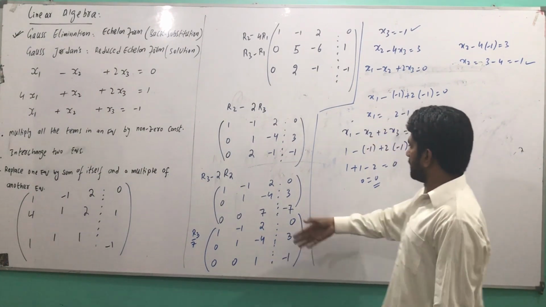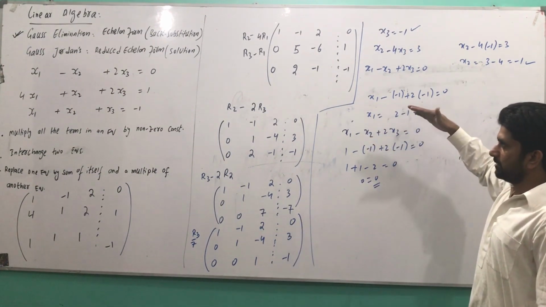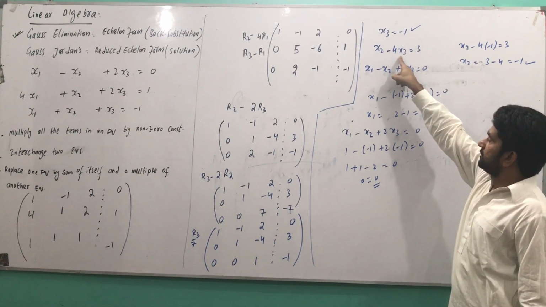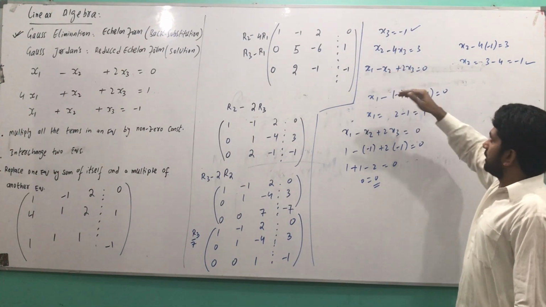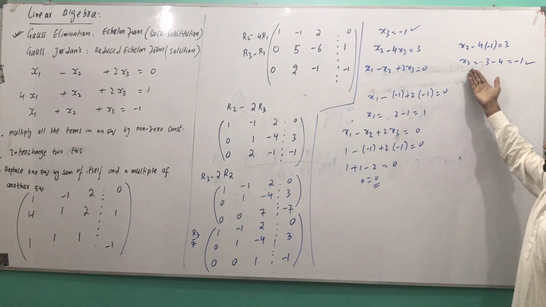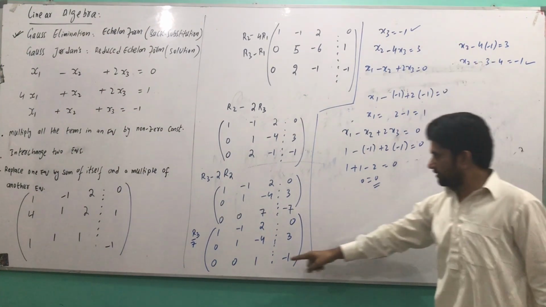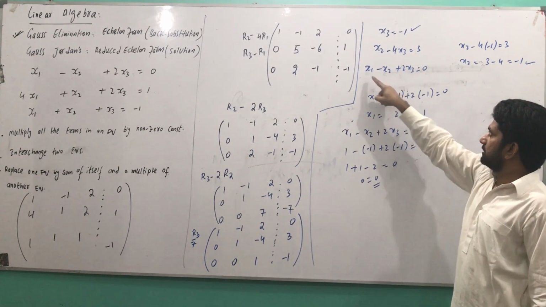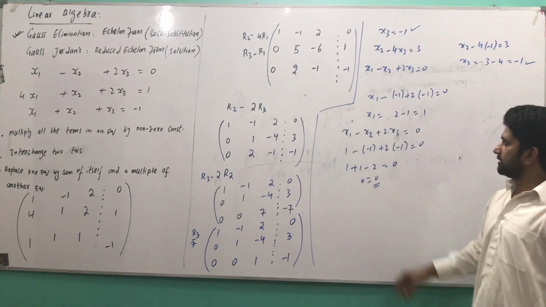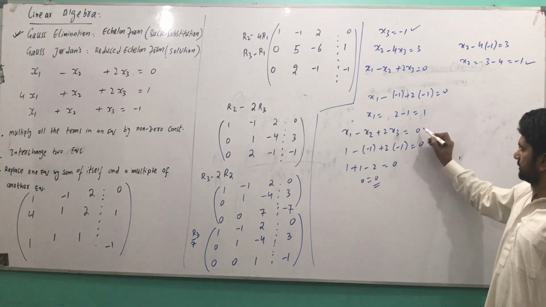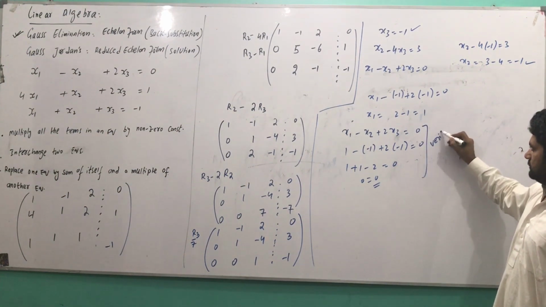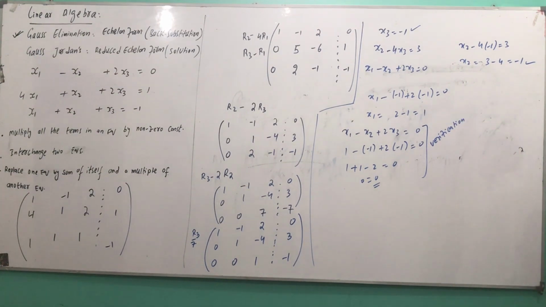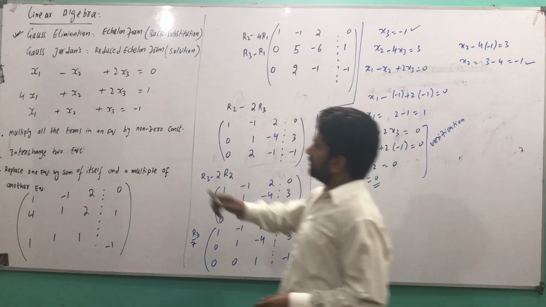And then backward substitution, this is backward substitution, because you have x3, you put it in the second equation, you get x2, and then you put x2 and x3 answers in the first equation, and you have x2, x3 values, just put and get the x1 answer. And this is the verification. Now the thing is, what about this Gauss-Jordan method?